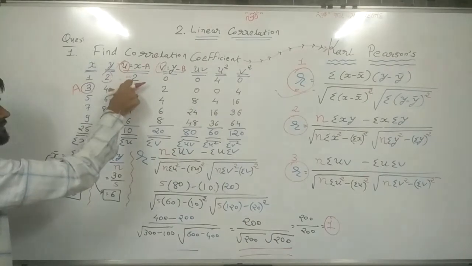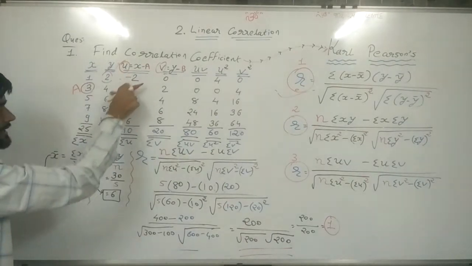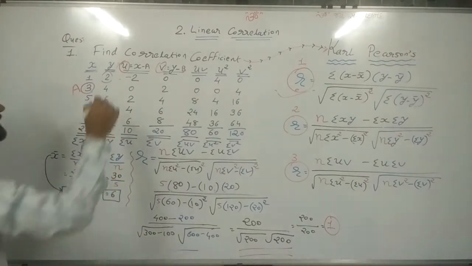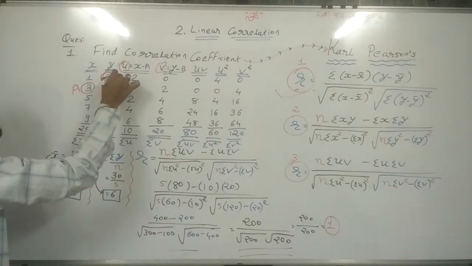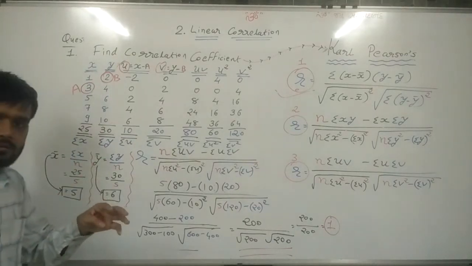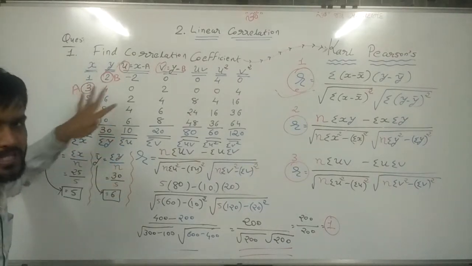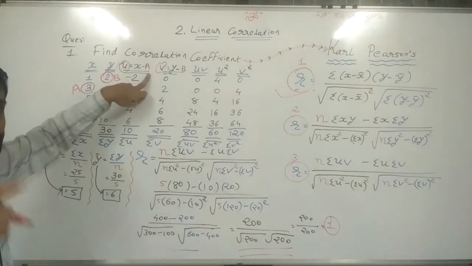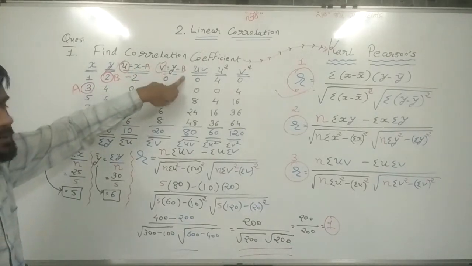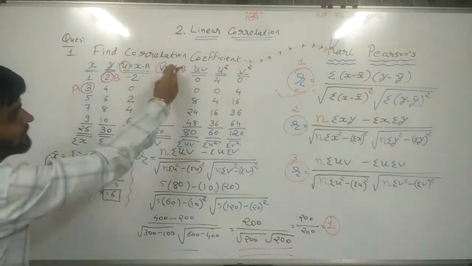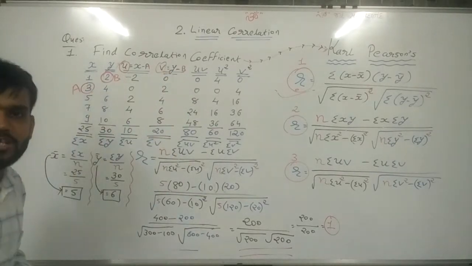Now again, I am erasing minus 2 because originally minus 2 is not given. And this is the assumption. The second assumed value is denoted as b. So here u is equal to x minus a, assumed value a. v is equal to y minus b, assumed value b. So these are the values of v.